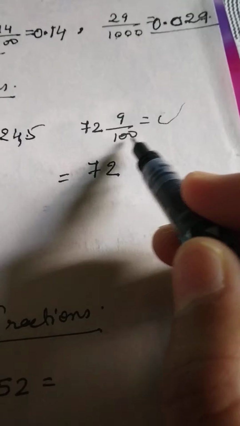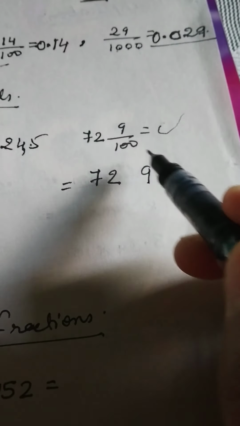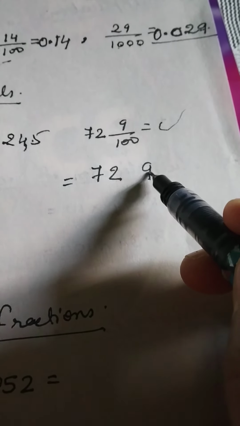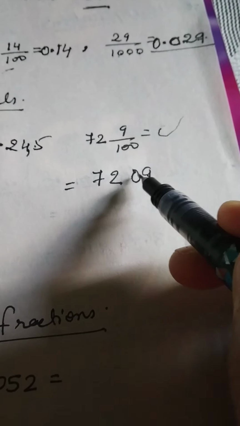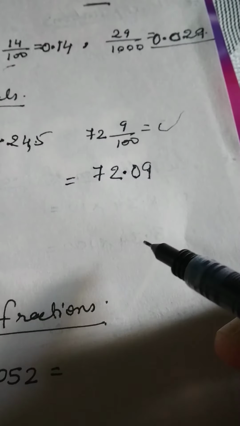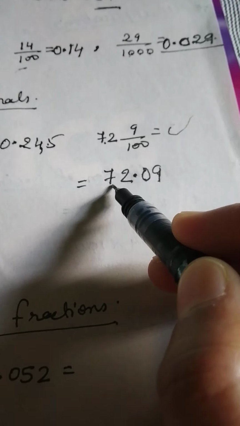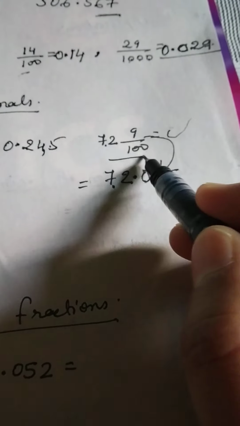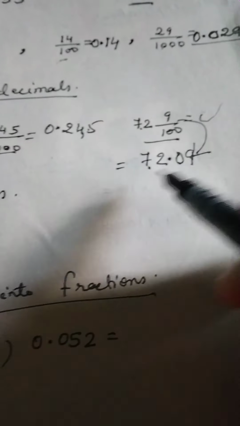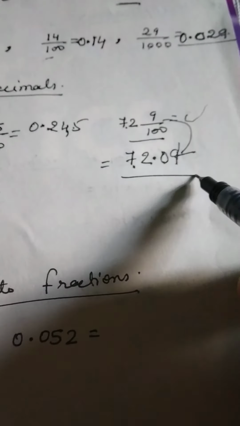Okay, here is 20, so we have to put the decimal after 2 digits, 1, 2. Here we will put one decimal, and the whole number will be as it is. This is the way you can change the fractional decimal into the decimal number.